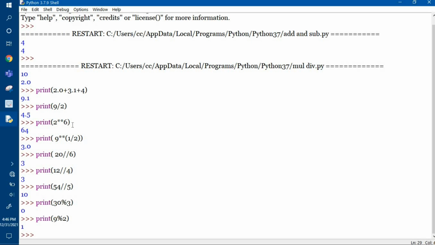We can also use all these numerical operators with floating point numbers as well. Here I used just integers, just whole numbers. We can also use floats here. There is a difference between division and floor division. In division we get the output in floats, whereas in floor division it will always provide us output in non-decimal form. The digits after the decimal will be truncated, and we will just receive output without decimal. So I hope that is clear.